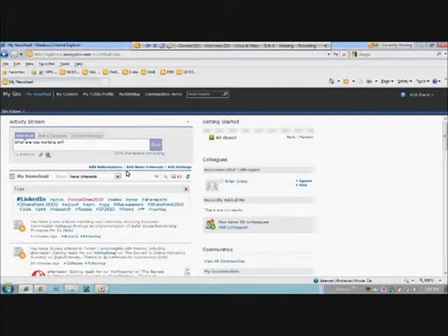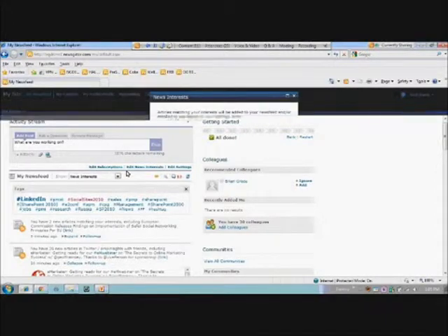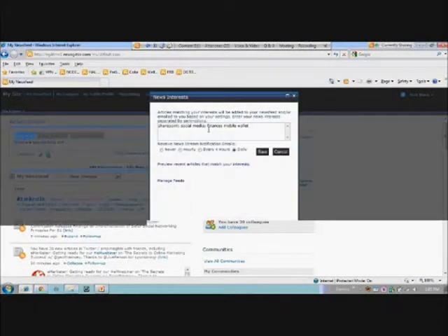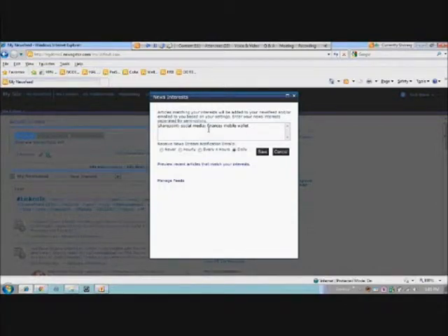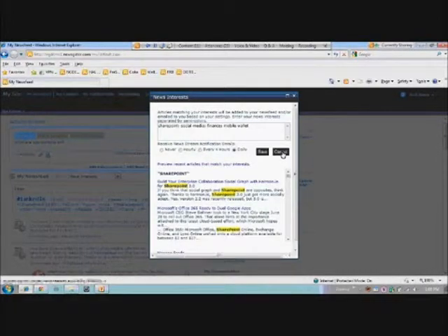The other piece here is news interest. If there are particular topics that I care about, I can add those topics to this list, and simply say I'm interested in finance or SharePoint or technology or something along those lines. There's a central list of RSS feeds that an administrator would add and make available to all the users to consume. And by putting all these different terms in here, a whole bunch of different articles will get pulled from that central RSS feed store that's managed.